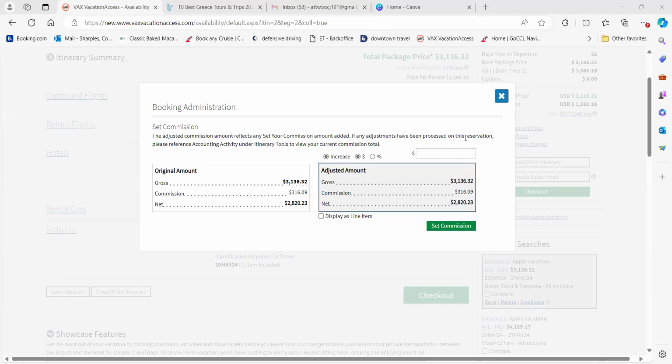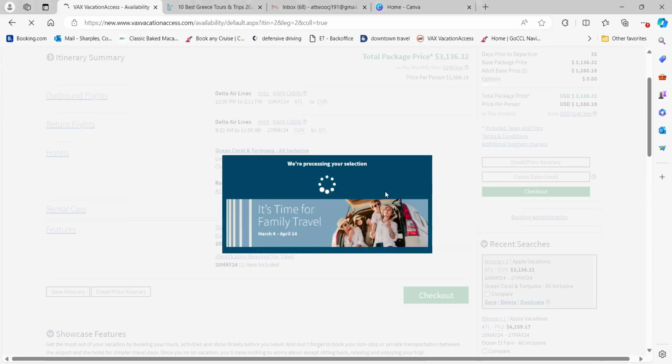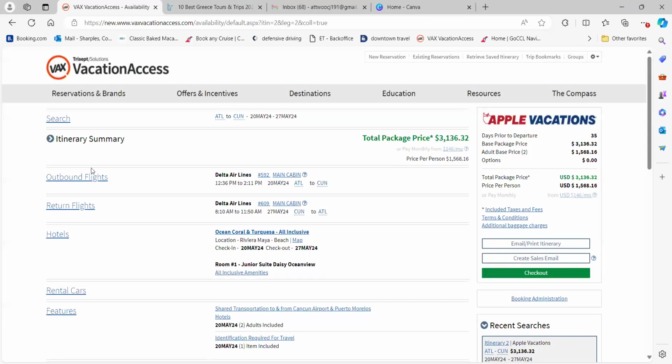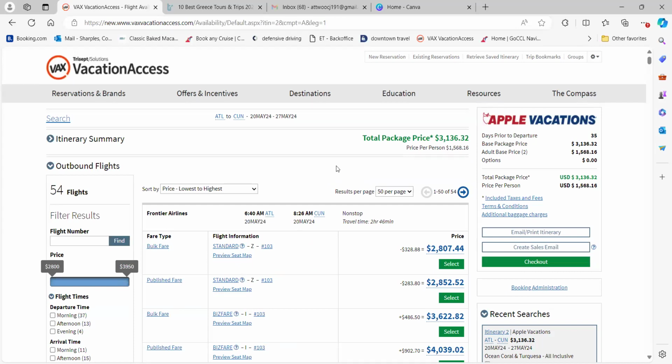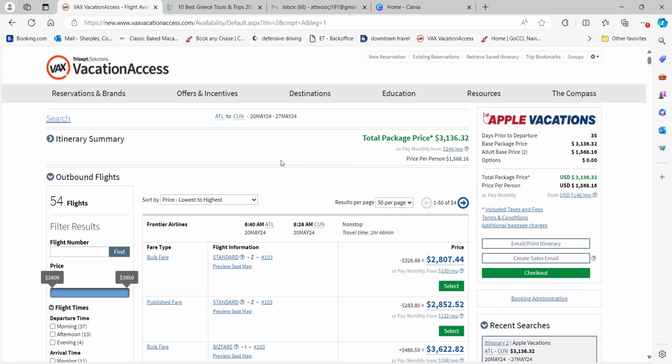I always say you always want to be careful as well when you're booking flights. With this here, let me just click flights to show you. You always want to be careful. So before I even submit the information, I'm always double checking the spelling. I'm reading it back to them, which is why I typically go with this one, but you have to be careful. You want to double check. And this isn't just with VAX, it's just in general, because it can sometimes be a bit difficult to update the information with the airline if you do make an error. So I will usually advise to double check and read it back to them to make sure.